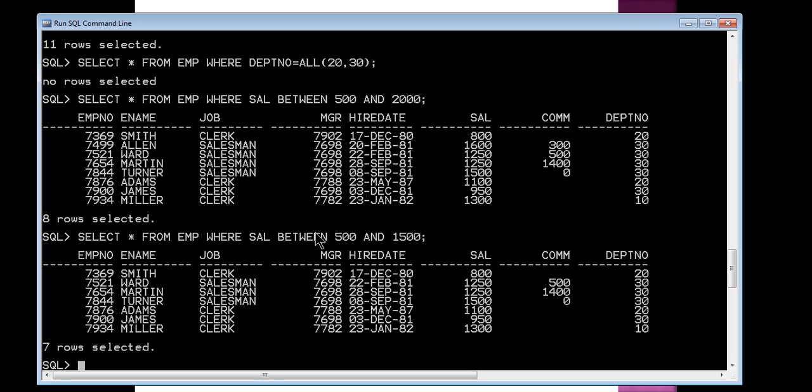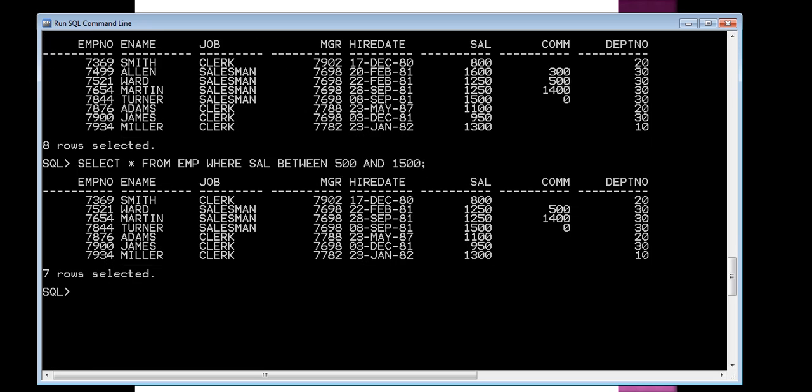That means when you use BETWEEN, it is similar to salary greater than equals to 500 and salary less than equals to 1500. So both these values are included in the result. So this is similar to your AND operation, right?